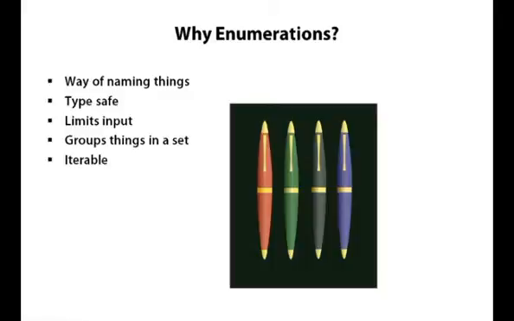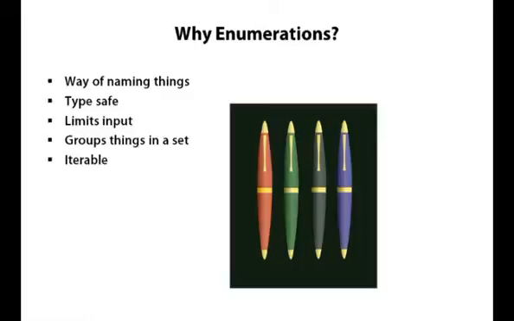The other thing enumerations really do for you is they limit input. And limiting input is really important. It's one of those things in programming languages that makes an algorithm a lot simpler. If you can restrict the input coming into a method, you can really define what needs to happen in that method a lot easier. For example, if you had a method that took in an integer to represent the month,